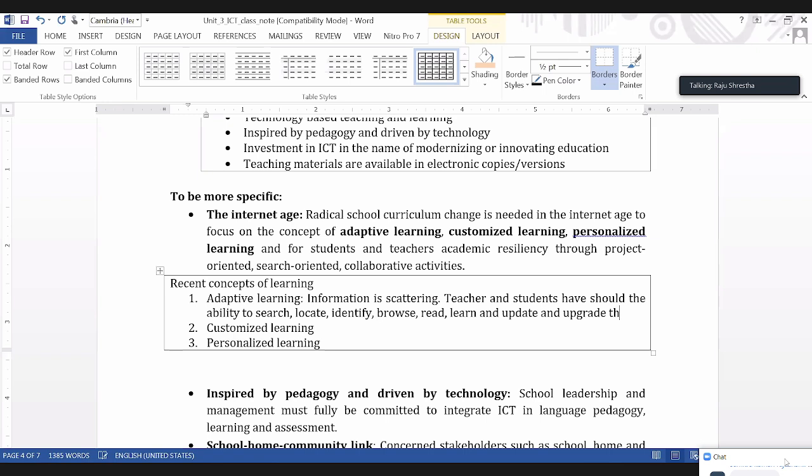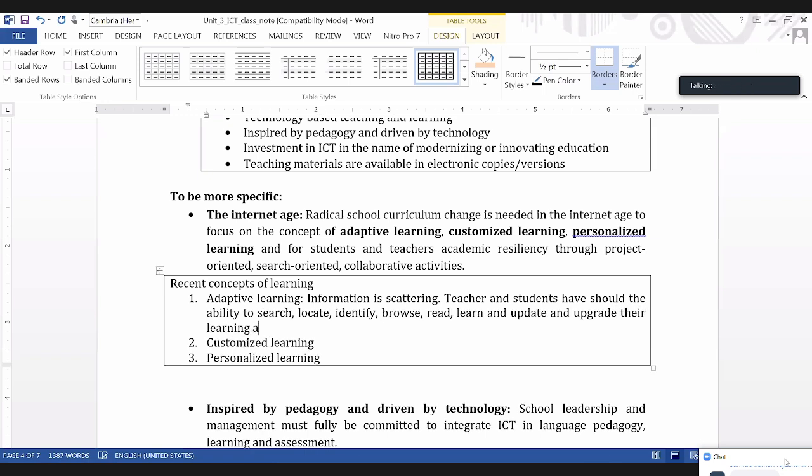Learning, they are learning according to individual needs and interest. Adapting needs and interest. So there are a lot of information. जति पनि छ information, तर सबै useful नहुन सक्छ, हैन? So they have to search, they have to locate, identify, then browse, read, scan पनि गर्नु पर्यो, scan गर्नु पर्यो, scan गर्नु पर्यो, त्यहाँ छान्नु पर्यो, learn,